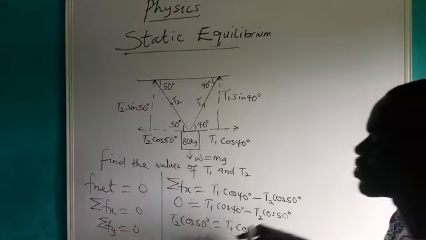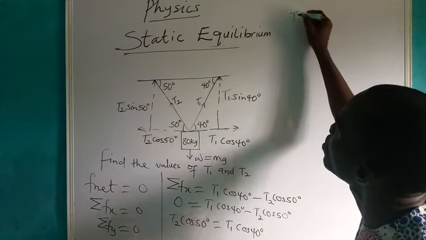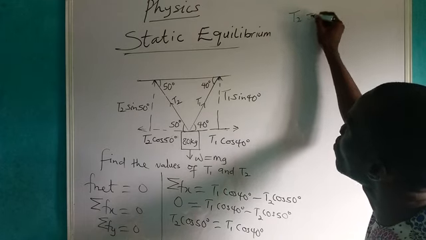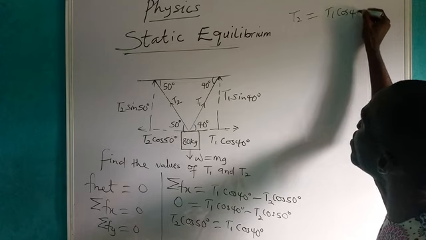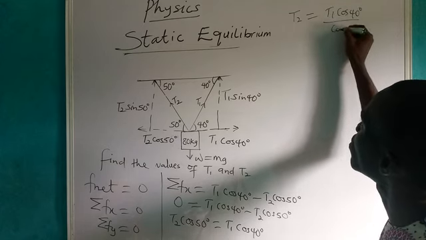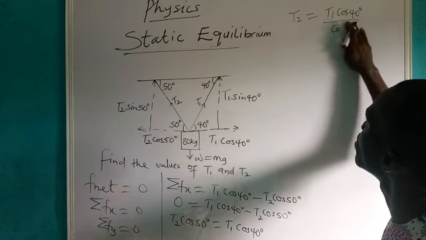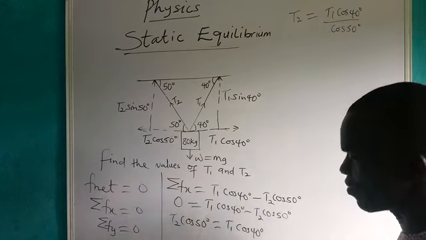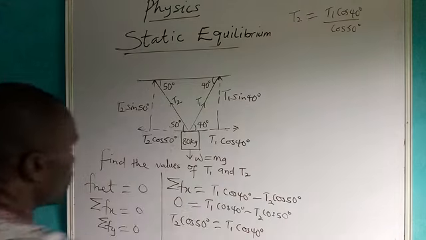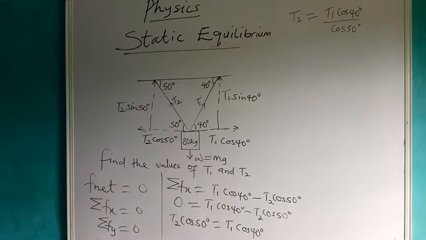It means that we divide both sides by cos 50 degree. T2 becomes T1 cos 40 degree all over cos 50 degree. Okay, let us now see what value it will give us. We need to divide cos 40 by cos 50, and at the end we are going to have